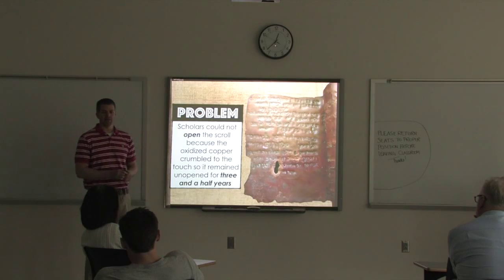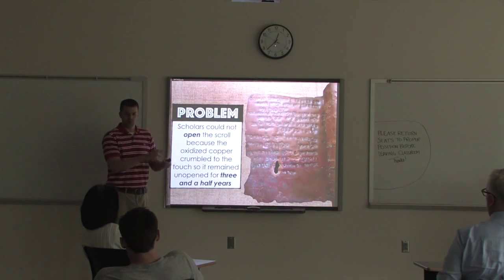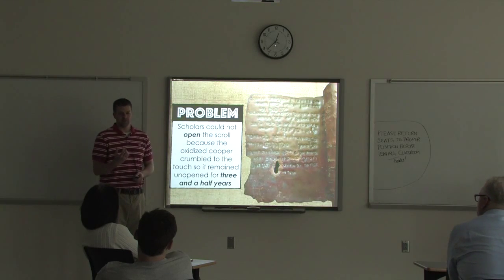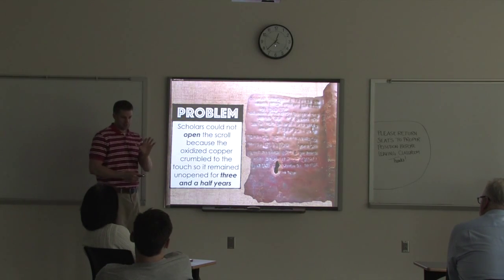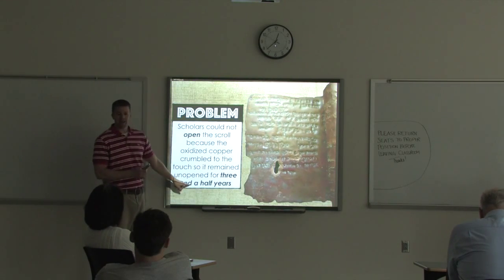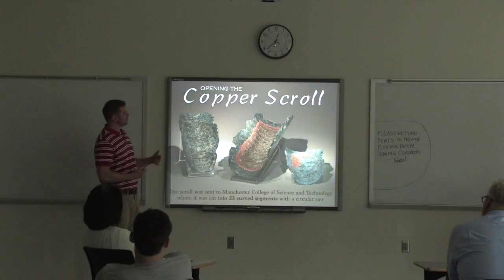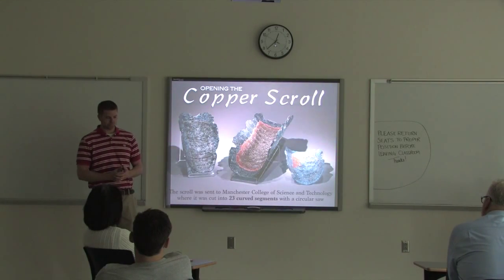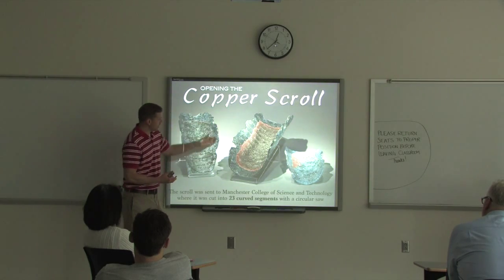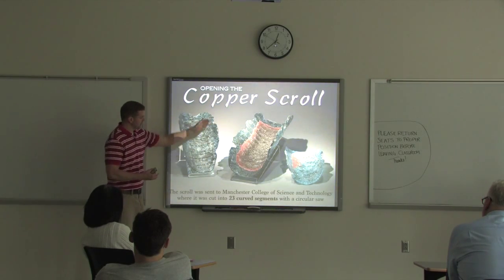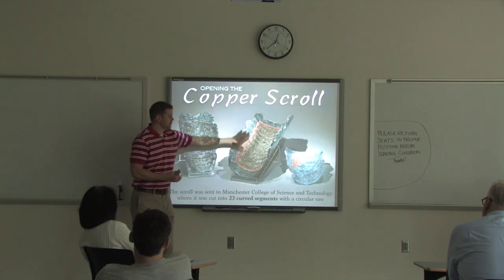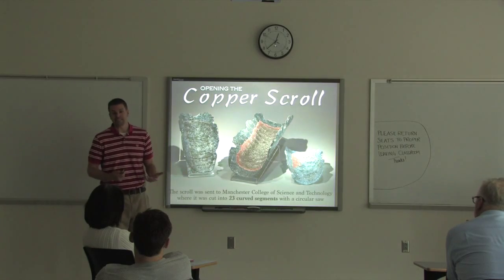Now this is interesting because we found this all rolled up. This was all in a roll, and when scholars found it, they could not open it at first because it had been oxidized, and just the very touch, it would fall apart. So we didn't know what was in it for a long time. For 3.5 years, we could not open it. Well, eventually they sent this thing to Manchester College over in the UK and built a special saw to cut the thing in half. And they cut it into 23 different segments. They're these curved segments, 23 of these, to finally be able to read what was on it.